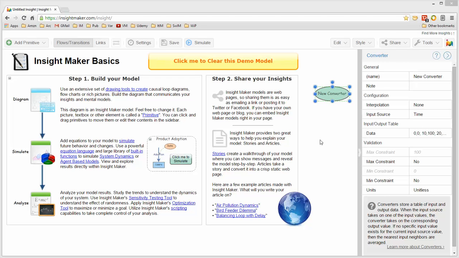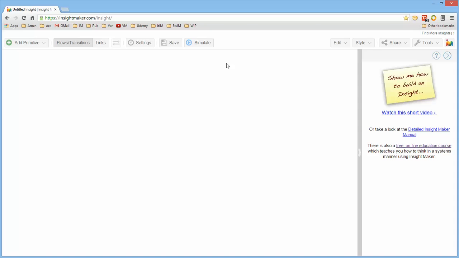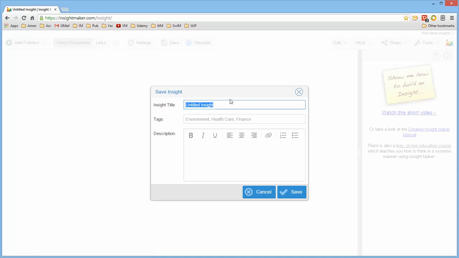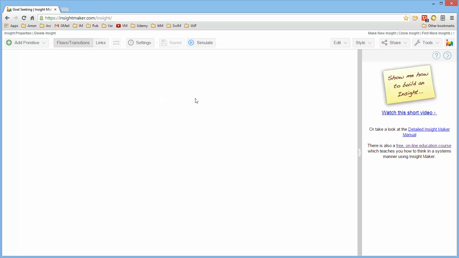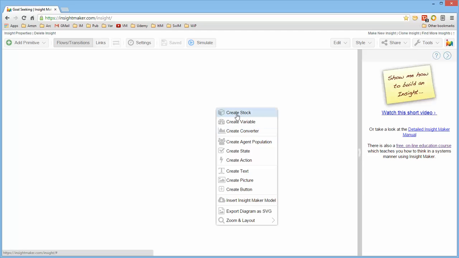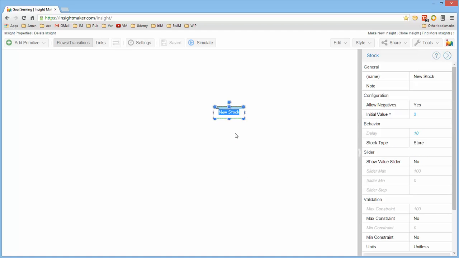In this session, I want to go ahead and build the goal-seeking balancing loop. I'll create a new model, tell it I want to save, and I'll call it goal-seeking test, balancing loop, just so it's got a description. The first thing I want to do is create the stock, and I will call this